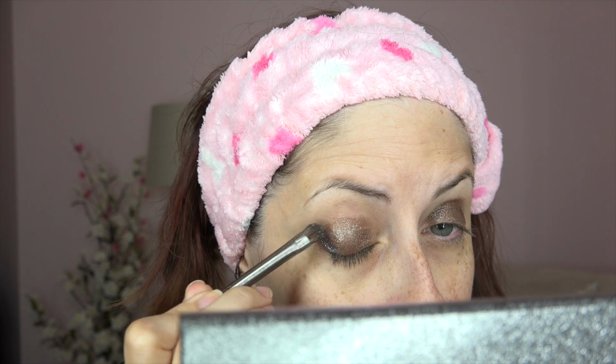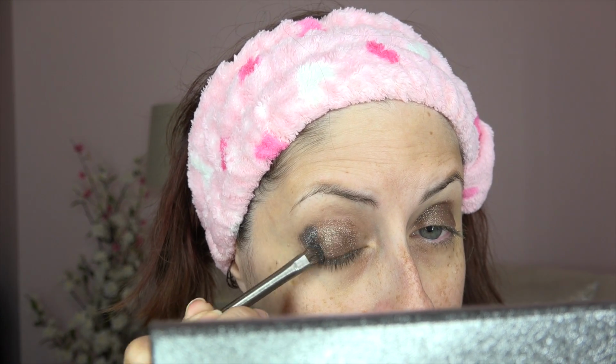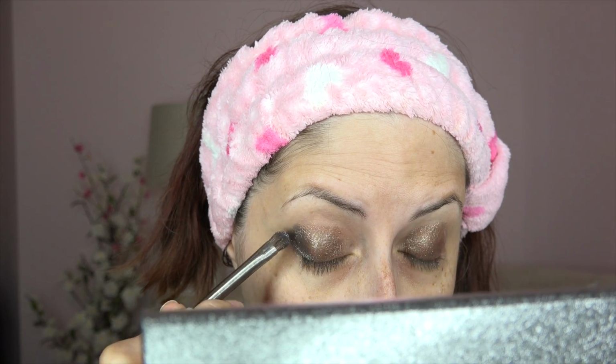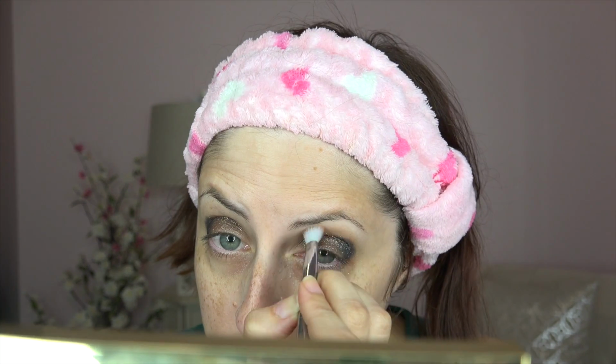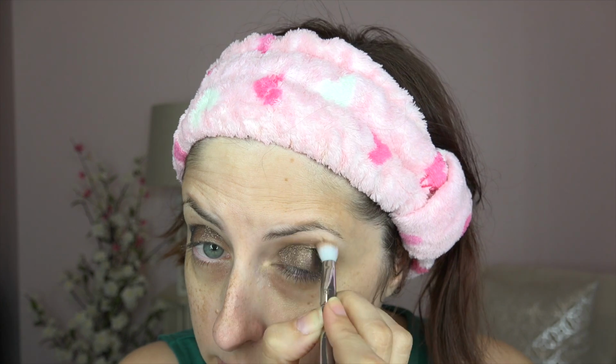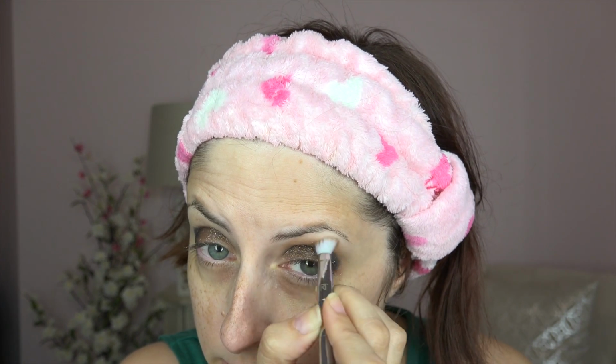Lays down really nicely with that brush. And then my outer corner, I put a color called Galaxy, which is a teal. And then out of my Gwen Stefani Urban Decay palette, I used a neutral sort of brown matte in the crease. I also lined under my eyes with another one of the neutral browns in that same palette. Then on the inner